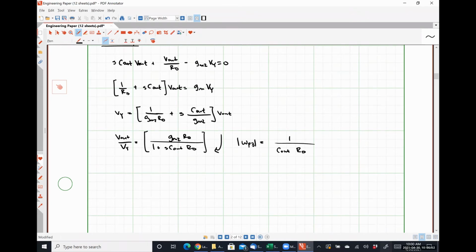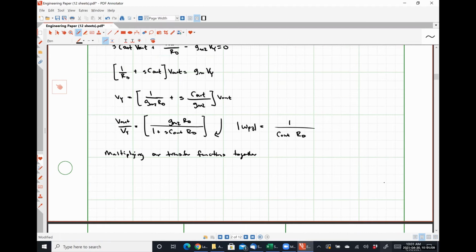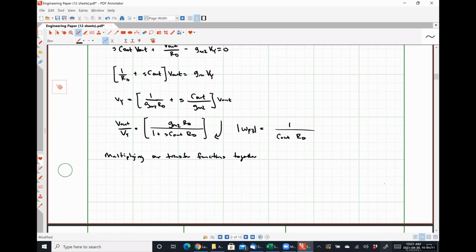And multiplying our transfer functions together, so multiplying this guy by Vy over Vn,